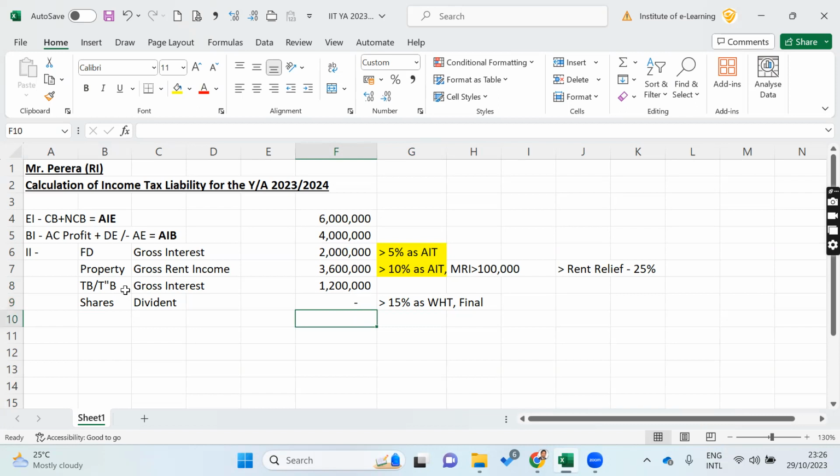But you have to declare, right? Then you have to show your knowledge. It is not taxable, right? Then what else? If you have any